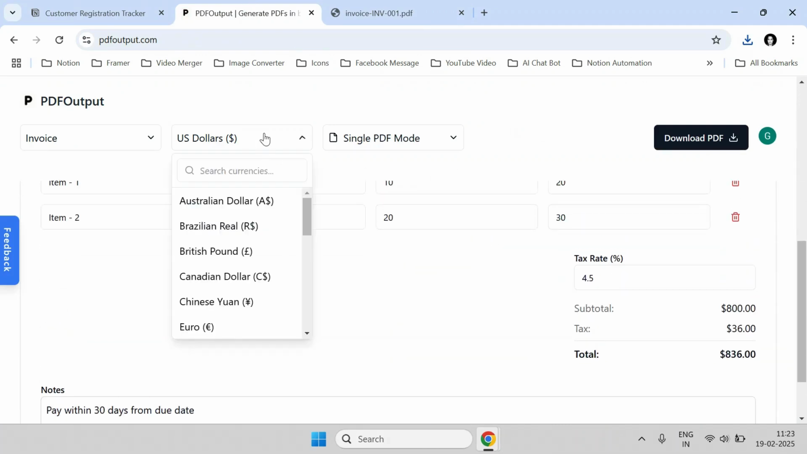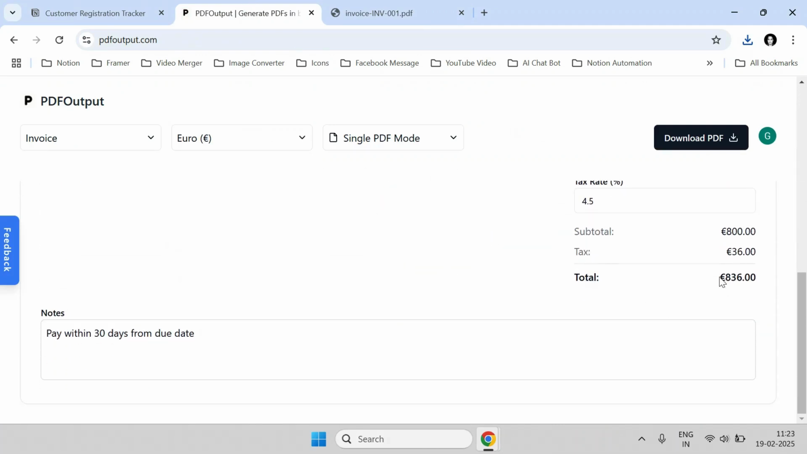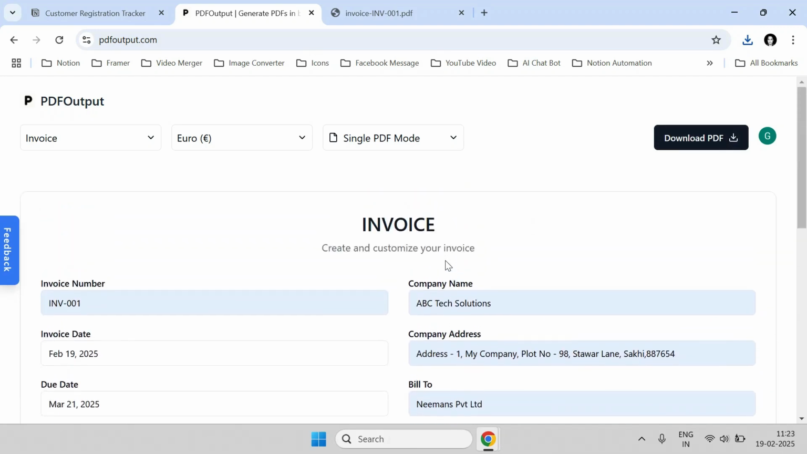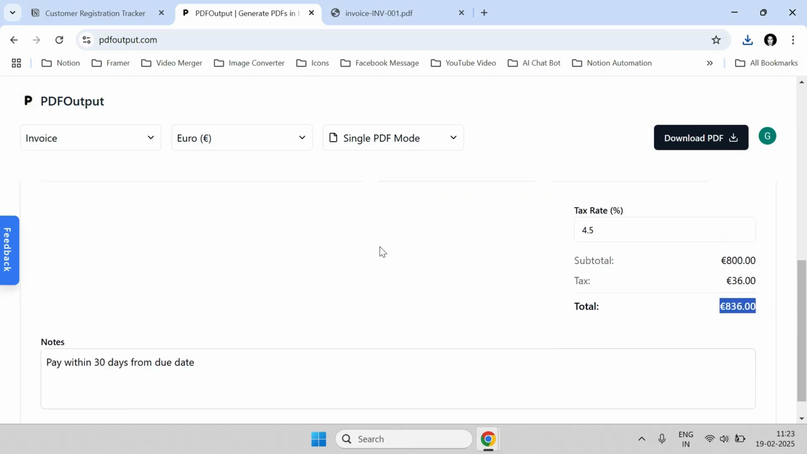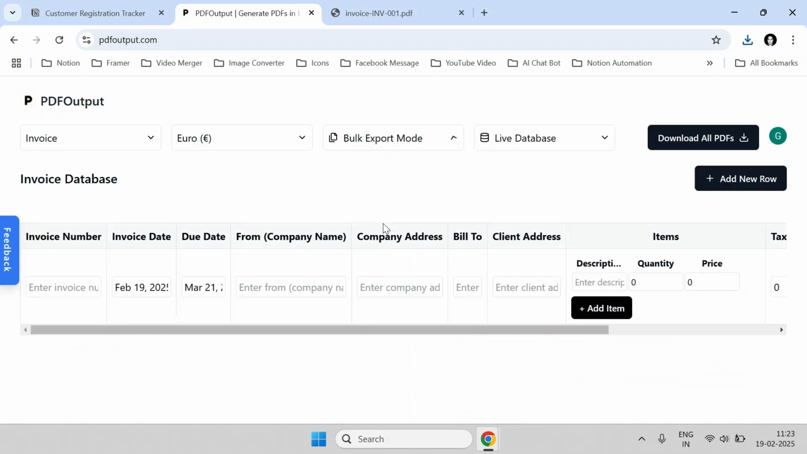You can even change your currency from here. As you change the currency, the invoice will get populated with a different currency of your choice, and simply click on download PDF again to download the PDF of this preferred currency. Now this is the single PDF mode where you have to fill in the details one by one. If you want to export PDF documents in bulk mode, simply click on this bulk export mode, and you